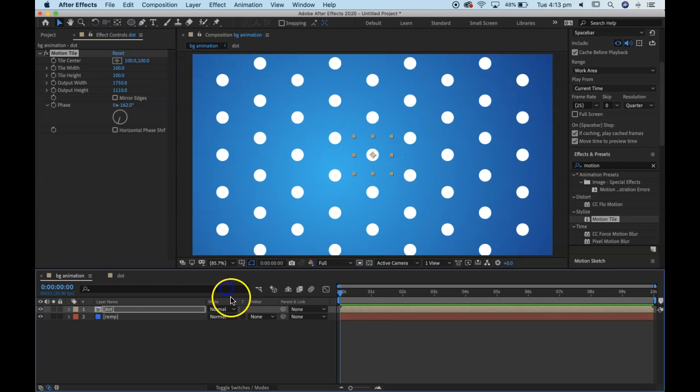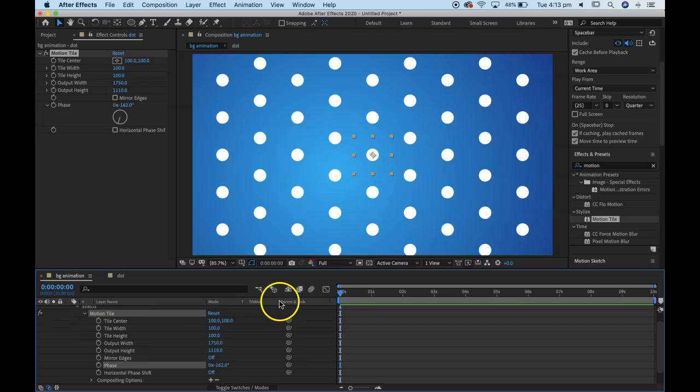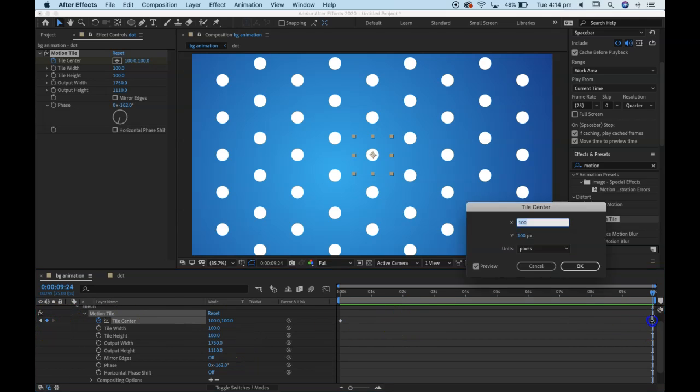And so I'm going to go to frame 1 and I'll find that effect parameter that I want to keyframe, which is the tile center. So I'm going to create a keyframe at 0, move all the way through to 10, and add another keyframe there. The original composition is 200 pixels across. So if I move the center of the tile 200 pixels across, I should be able to have a seamless